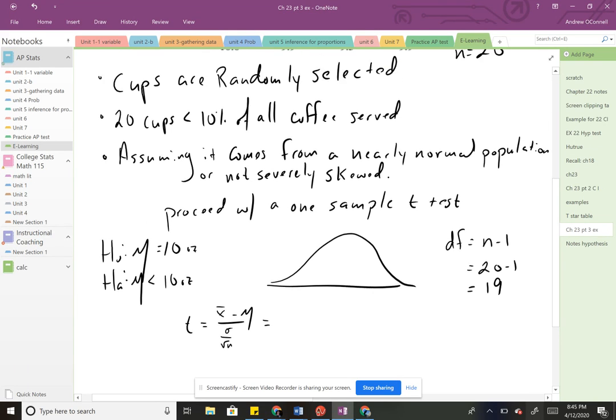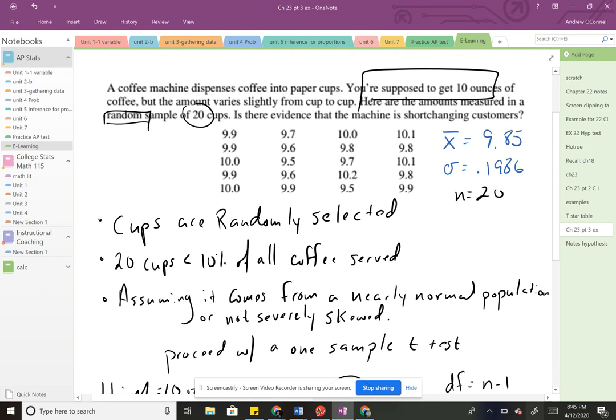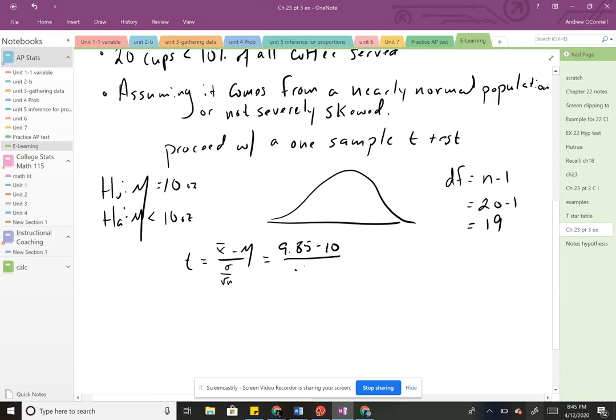So that is 9.85 minus the 10 over our standard deviation of 0.1986 over square root of 20, and I got negative 3.37. You can do a little prediction because our sample 9.85 is less than our null, so this should be negative. Okay? All right. So our t distribution with 19 degrees of freedom,